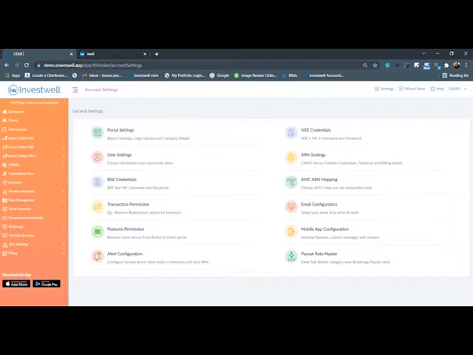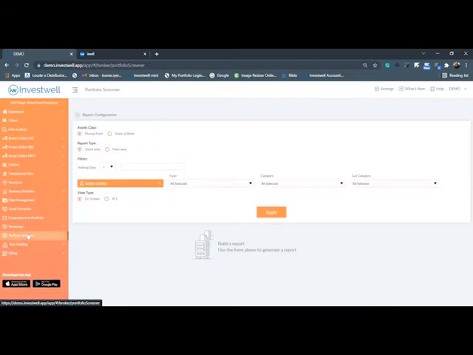Now let's move on to the next part, which is Portfolio Screener. Before going to Portfolio Screener, once the RM and sub-broker have been assigned to all the clients, whenever you generate any MIS-related report or any portfolio report, you can generate it on a specific RM or sub-broker basis. In all the reports inside Investual, we have given filters to select the RMs and sub-brokers specifically, so you can generate specific RM and sub-broker related business reports or portfolio reports.